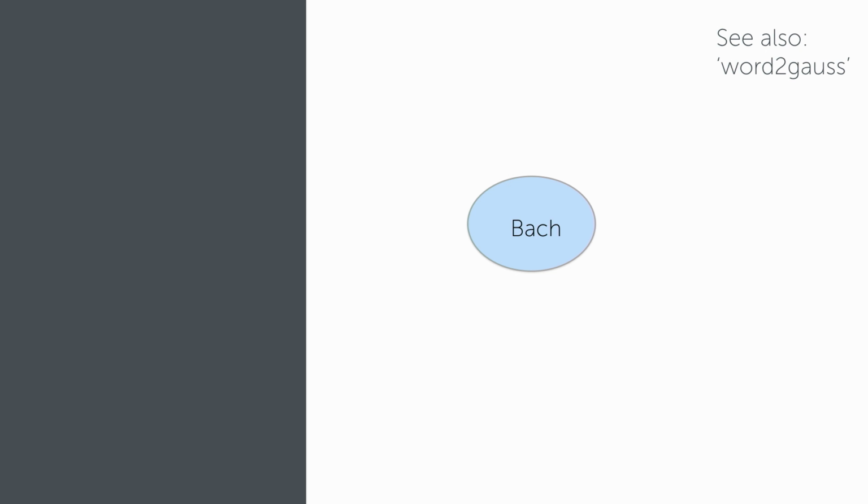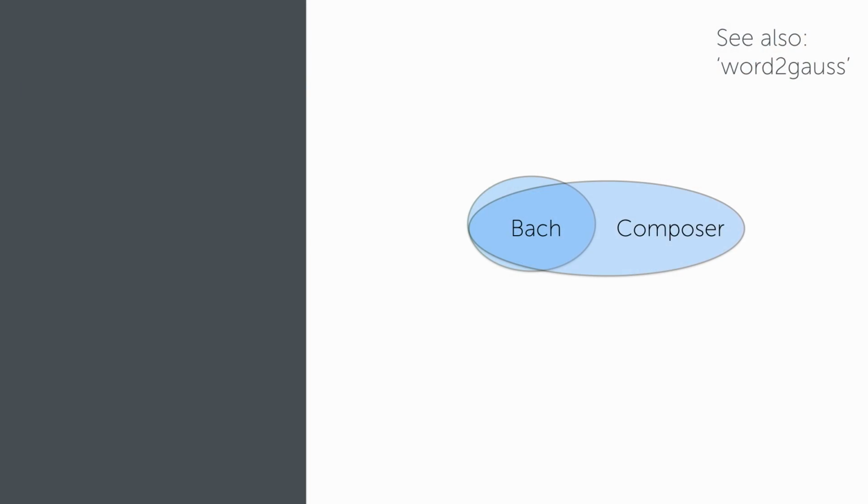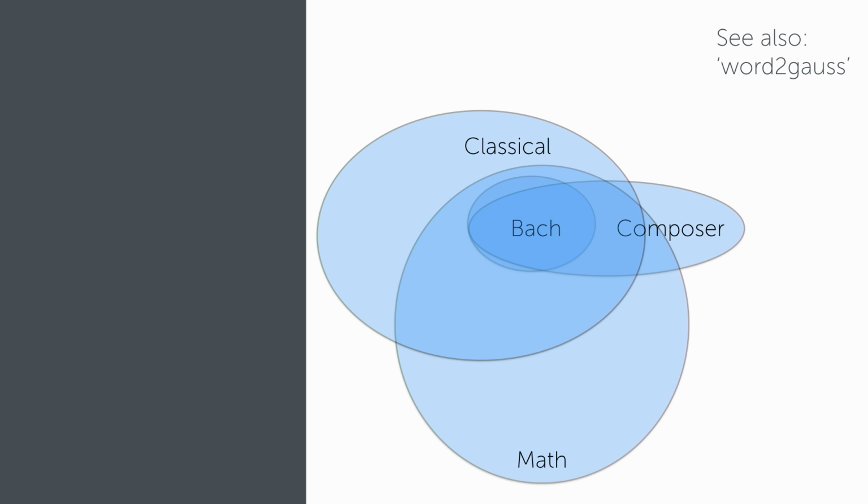So you can also see this in the Word2Gauss paper. You can take the vector for Bach, and you can see that it's actually within the vector for composer. So it entails composer. Bach was a composer, totally makes sense. It's within the vector distribution for classical, and it's within the vector for math, right? So now we're not just capturing similarities anymore, we're actually capturing linear regularities and all kinds of entailment, and the property that words can actually be subsumed entirely by other tokens. And so this is something that the original Word2Vec didn't have entirely, and this is an example of learning hierarchical representations by understanding that these word vectors can exist in a lot of different places all at once.